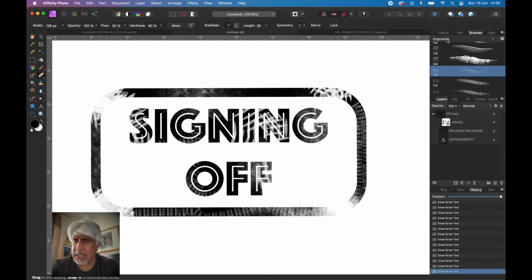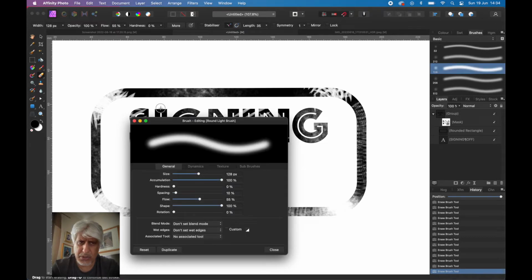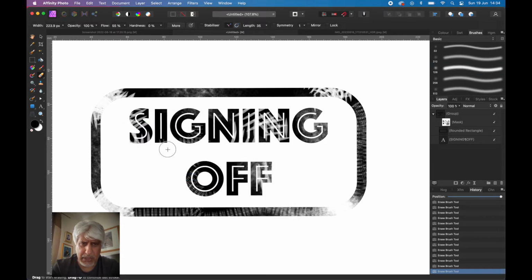So let me just go back to a regular brush, a basic brush, and go down to a soft brush. I'm just using the square bracket keys to increase the size. Maybe I'm just going to take off a little bit of some of the lettering, or the border. Okay. So you can choose how you want to distress anything that it is that you're doing. Okay, so now that's done,